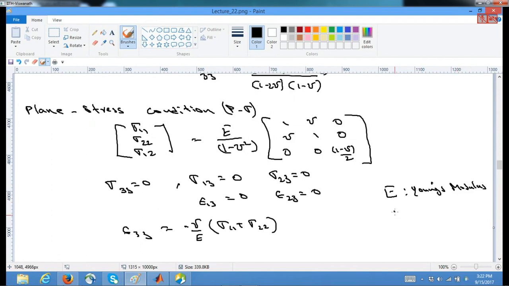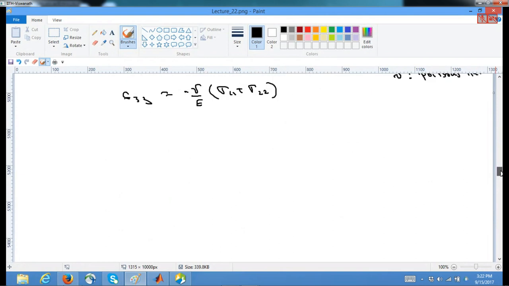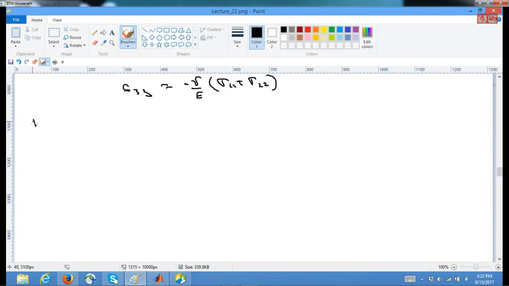and nu is Poisson's ratio. So from now onwards, I'll try to write for plane strain or plane stress. I can simply write my relation between sigma and epsilon as a D matrix. So this is the D matrix for the,